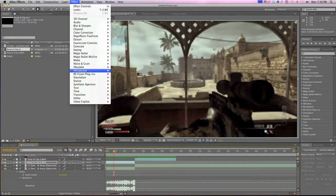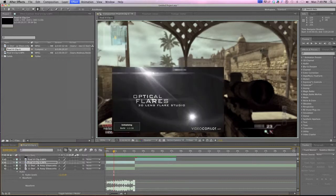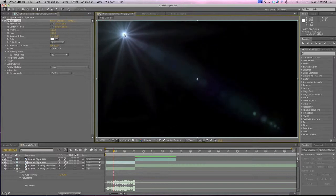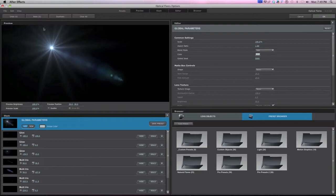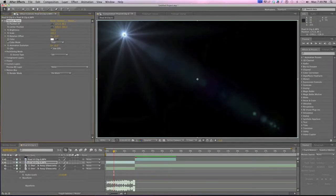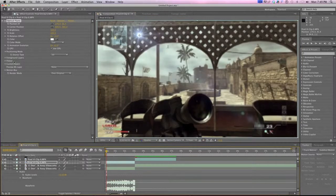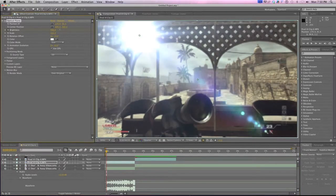I forget what video, yeah, Copilot optical flares. Well, I guess I'll just do this really quickly, and then we just drag it up there. You want to make it so that it shows up on the original, which I forget how to do. We'll just hit OK. How do you make it show up on the original? On black right there, over original. So you can just make this, it's really quick, I'm not even thinking at all about this, but on each of the spikes you can, here we go, so we'll make the brightness here like that, and then